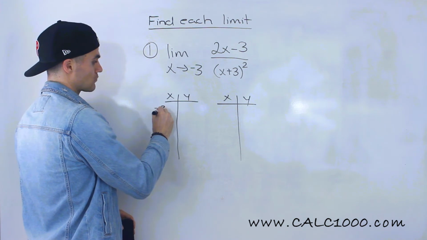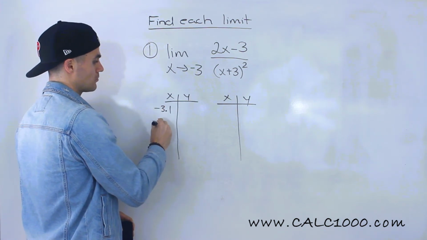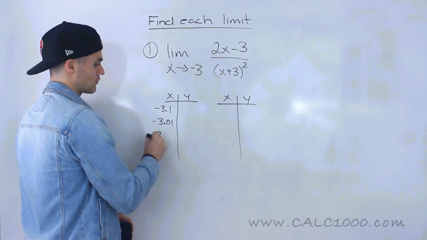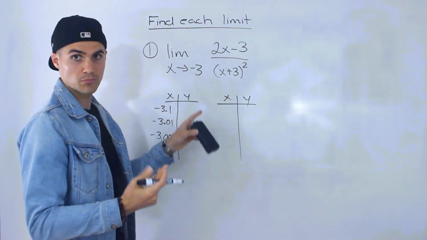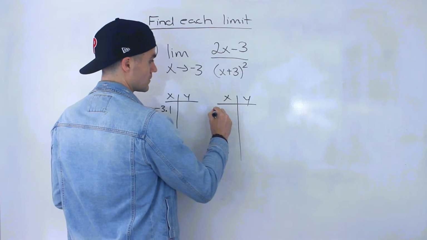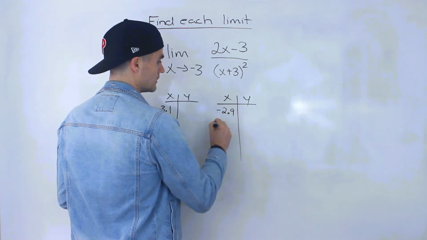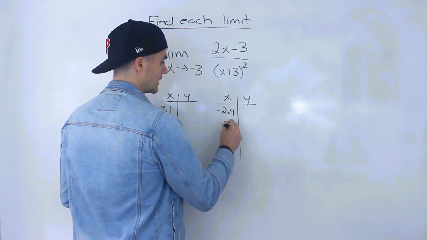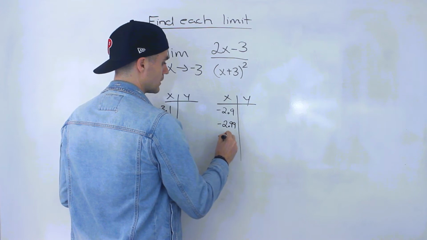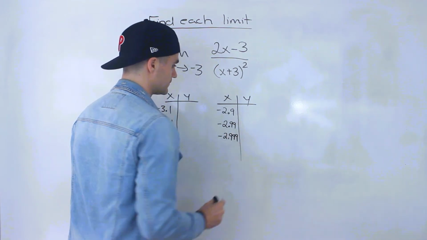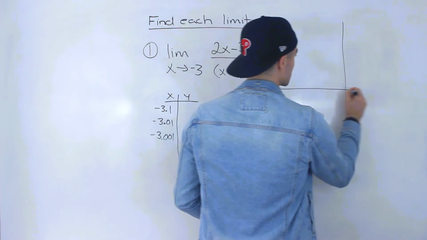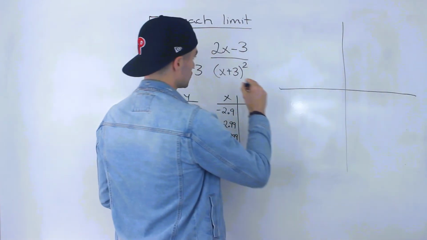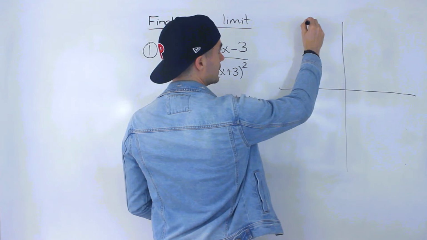So -3.1, -3.01, -3.001, and then we're also going to have to approach it from the right side. So -2.9, -2.99, -2.999. Right? So if we draw what's going on here, I'm not going to draw the whole function yet, but